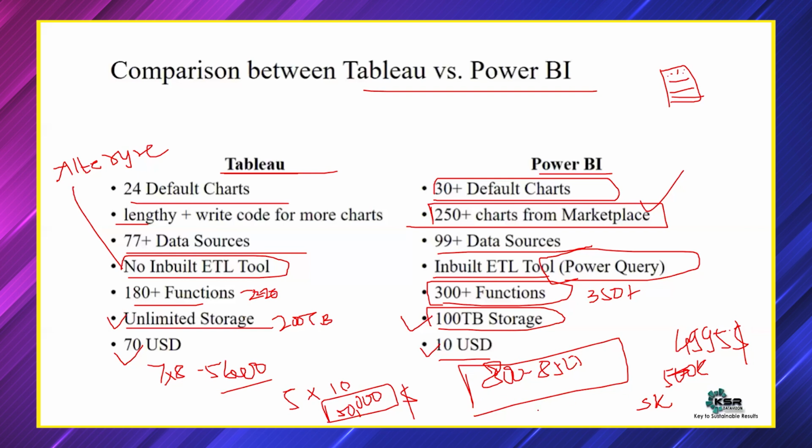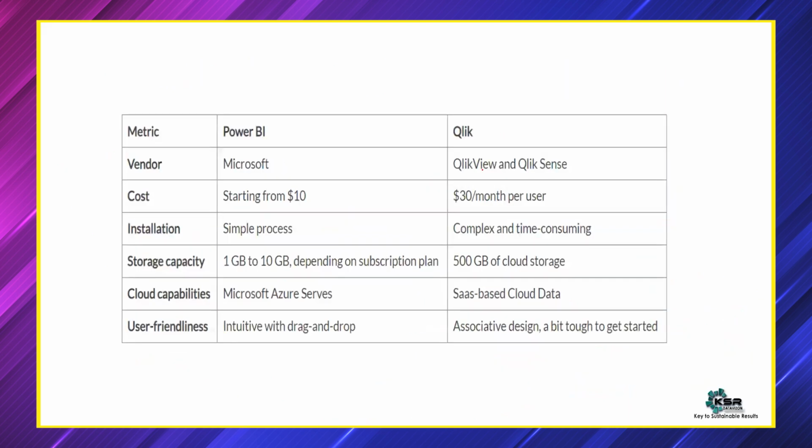for 5,000 people, $10 per user per month. Whereas if you purchase a premium license, which will only cost less than 5K, which is 4,995, here you can add more than 300 people. If an organization has more than 300 people working in Power BI, they can simply go ahead and purchase a premium license, which will help us reduce the cost. Now, this is only with Tableau. If you compare it with Qlik, Qlik is somewhat cheaper than Tableau. Okay.